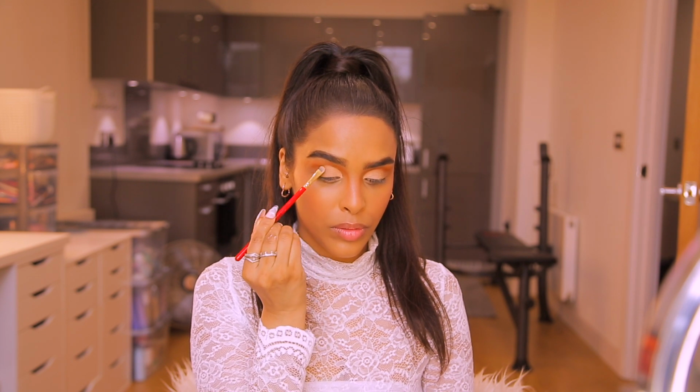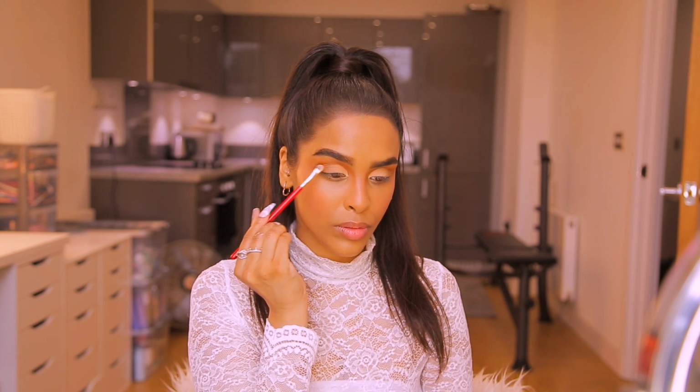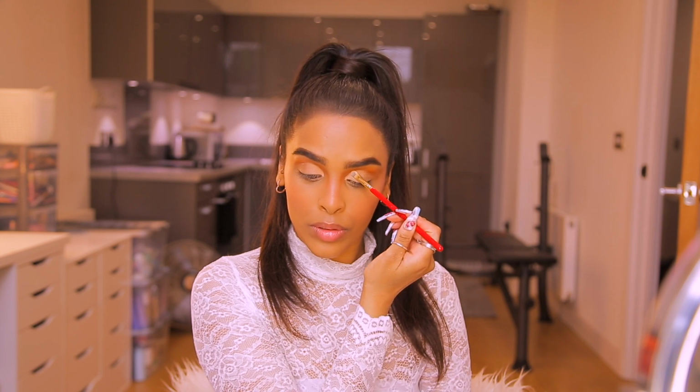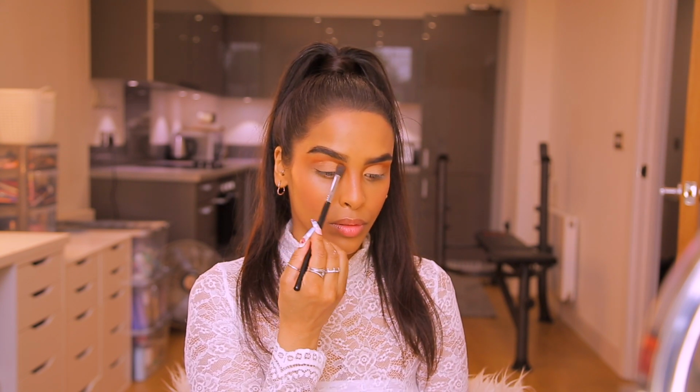I'm going to take that kind of beigey shade, the lightest shade in that Morphe palette, and then I'm just going to set this by patting that product on and then just kind of giving it a few swipes over the lid just to blend it. Now bearing in mind we've not really got anything on the lid, so we've just been blending into that concealer that we popped down earlier, and I like to leave it like this and then go back in